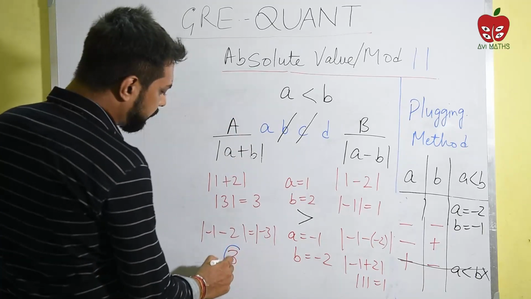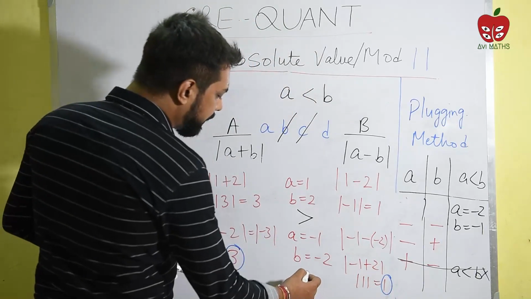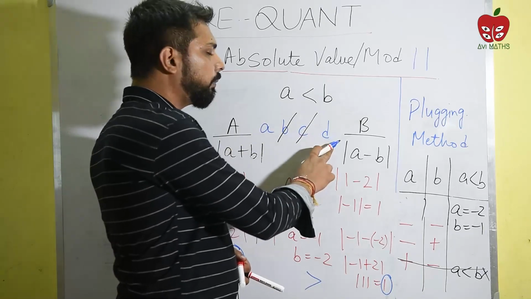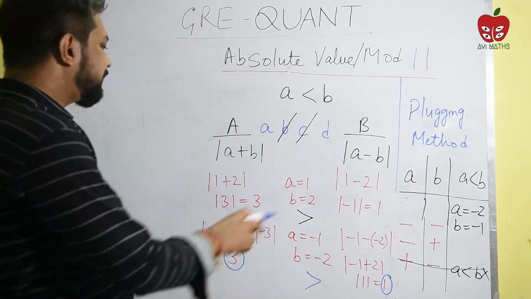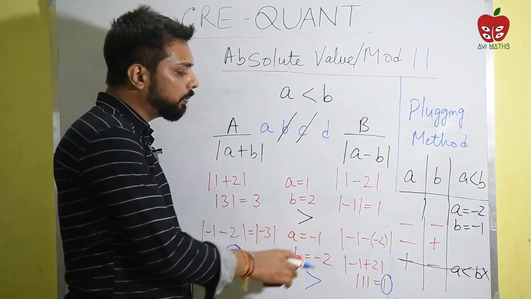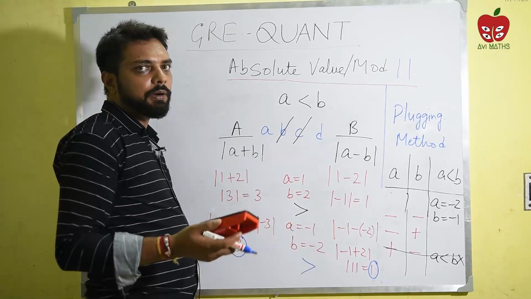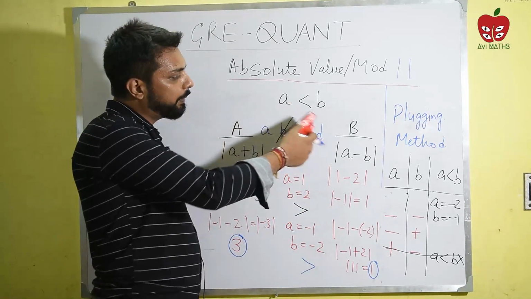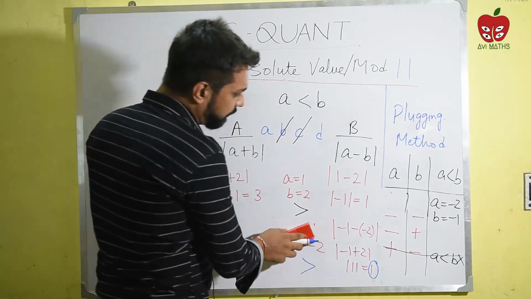So guys, you can see that the left hand side is coming 3 and the right hand side is coming 1. So still quantity A is greater than quantity B. Are you able to eliminate any of the options from A and D? No, right? For plugging in these values, A is equal to minus 1 and B is equal to minus 2, we are not getting any advantage, because I am not able to eliminate any option from A and D. So I am not going to consider this. I am just going to remove this.